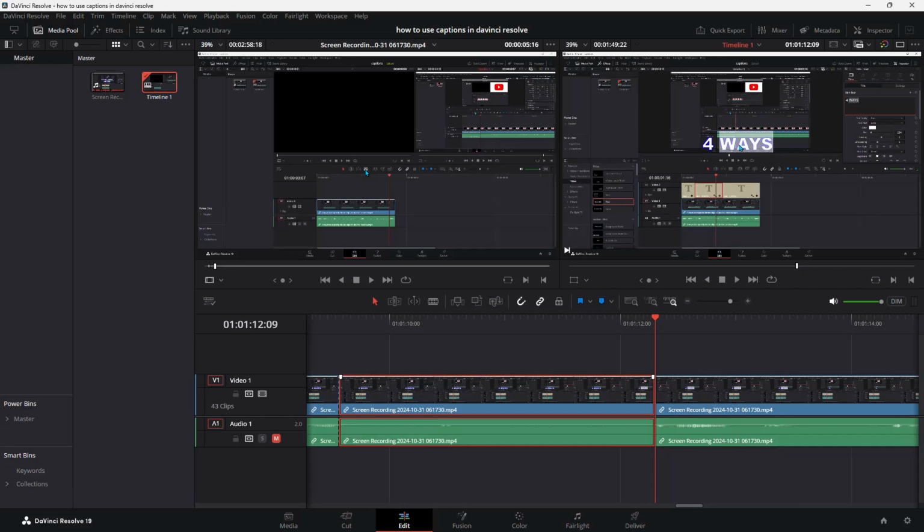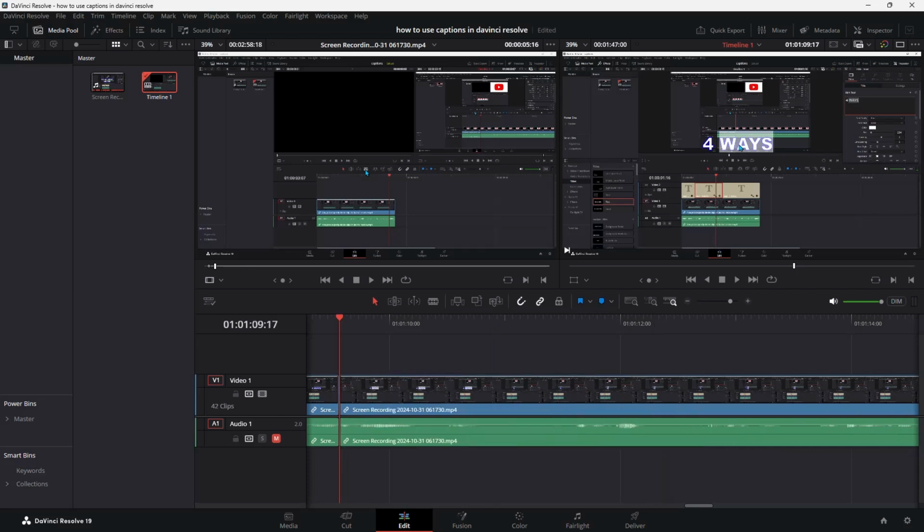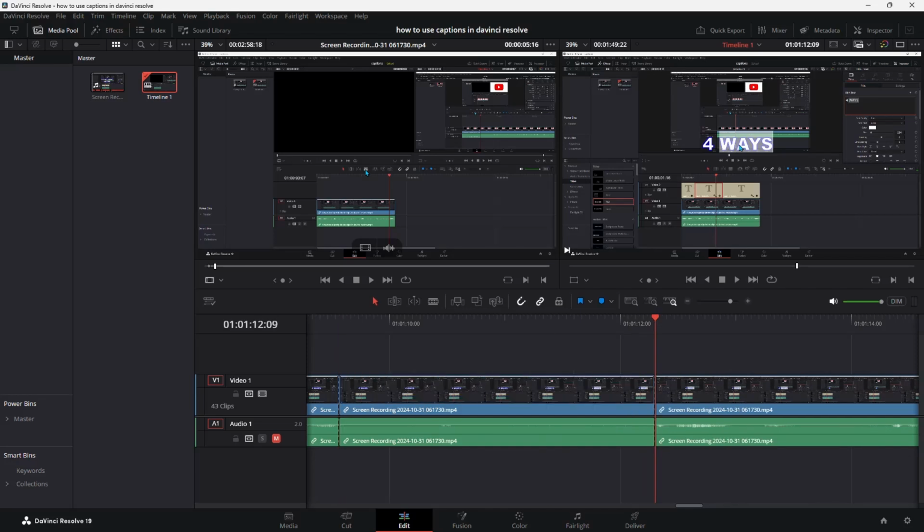If you want to delete a clip, click on the clip that you want to delete, and then press Shift and Backspace, and it will delete that clip and move the other ones to where your video head is. Number 2, if you want to undo what you've just done, press Ctrl and Z at the same